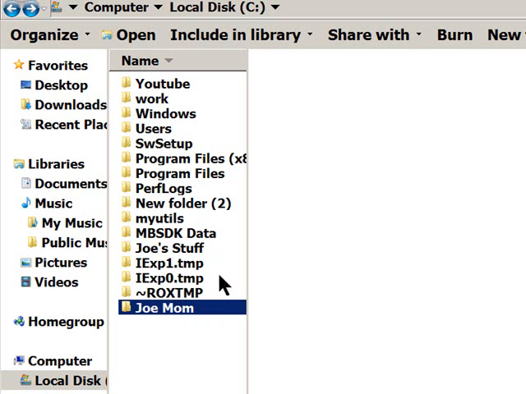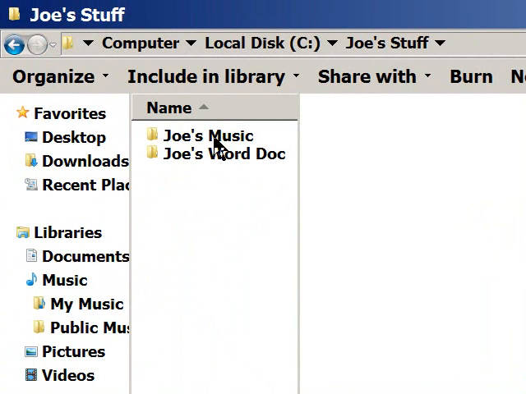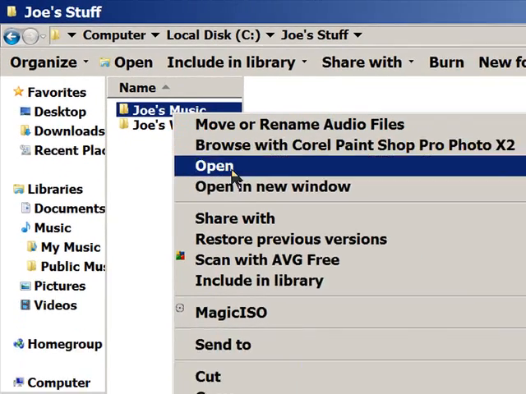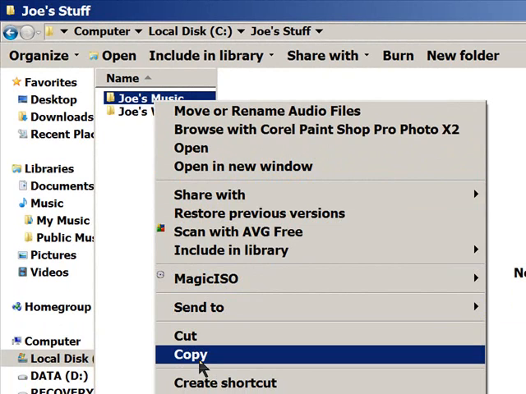And we're going to go after we've got her folder created there. And what we're going to do is go ahead and highlight Joe's music folder. We're not going to move the folder, we're just going to copy it, and we're going to do that by right-clicking on the mouse and going down to Copy,